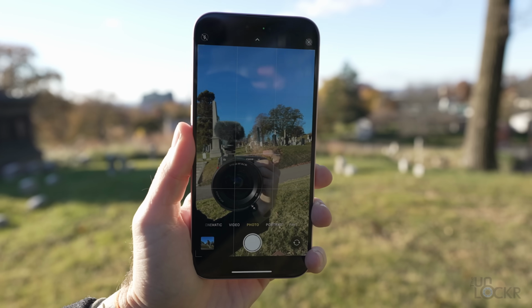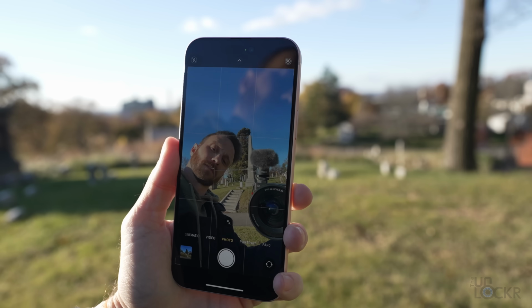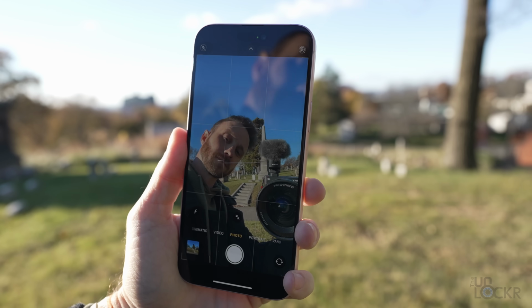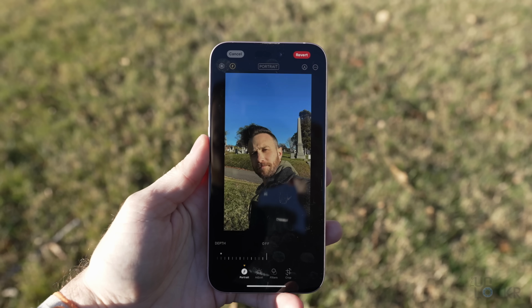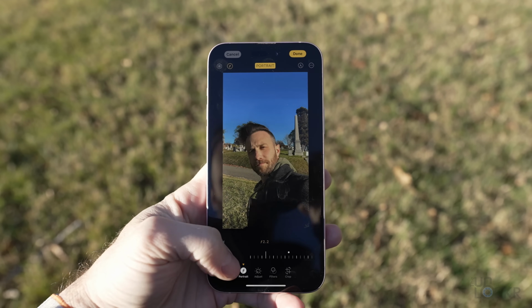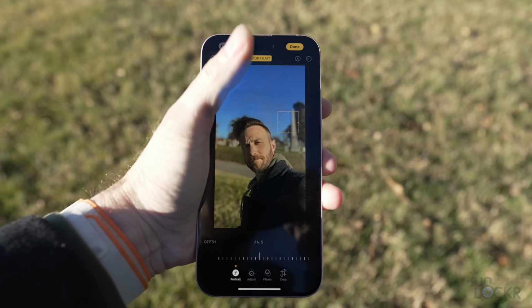Firstly, it auto-detects a person, dog, or cat, and even if you don't select portrait mode, it'll grab the depth data automatically, and you'll see an F symbol, the symbol for aperture, which is responsible for the bokeh or the blur behind a subject in a bigger way. This means that you can go in to edit this normal photo and turn it into a portrait mode shot after the fact. You can also adjust the level of blur, but you can also even tap elsewhere to change